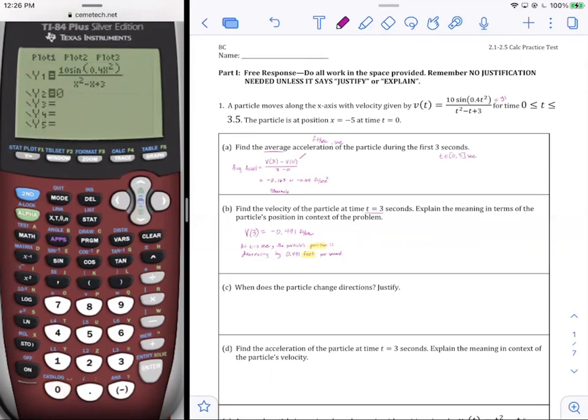It's a lot easier to find points of intersection on your calculator than it is to find zeros. It's a lot faster. So anytime you're looking for a solution on the x-axis, get in the habit of graphing y equals 0 in y2 or y3 or wherever you have room for it. Now when you hit graph,